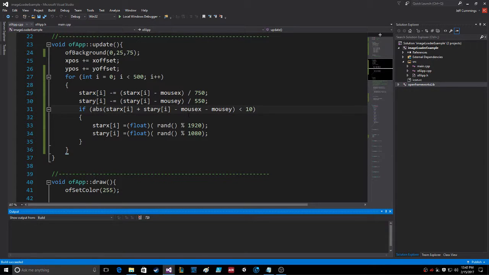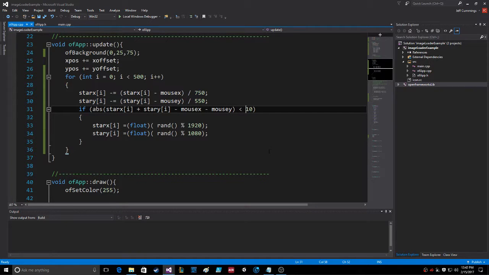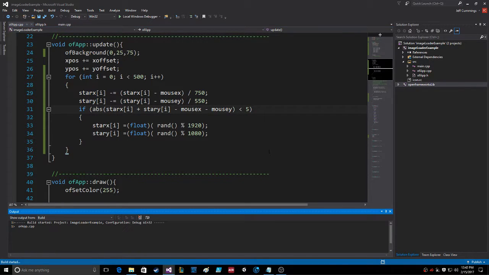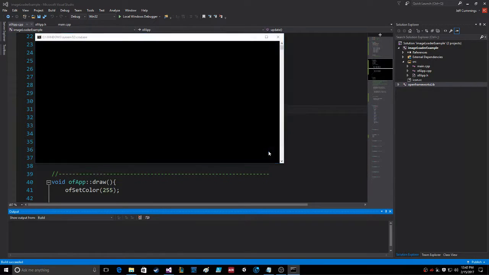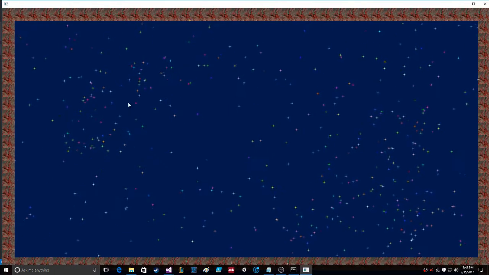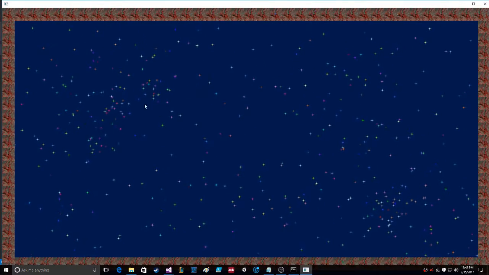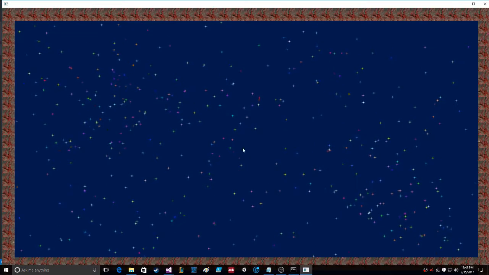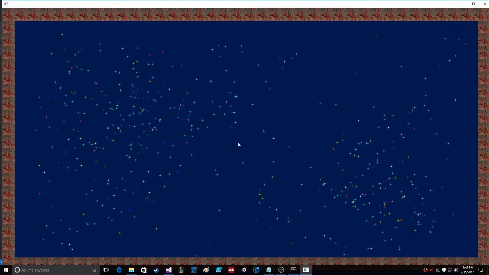So if star x minus mouse x, star y minus mouse y, add those together is less than 10. Let's go less than 5. Not that that'll fix everything, but see, I don't like how there's a diagonal. Why does it do that? Of course, I'm not looking at the actual distance. I'm looking at the